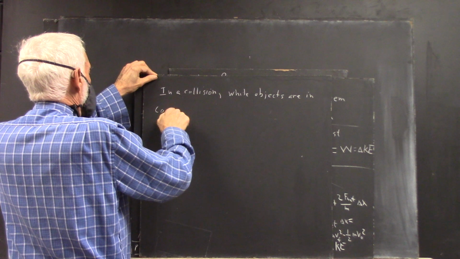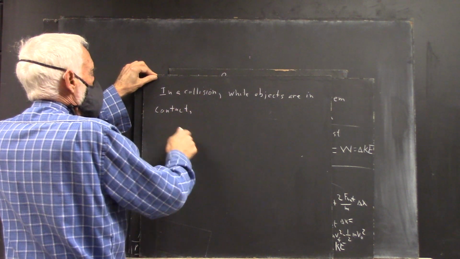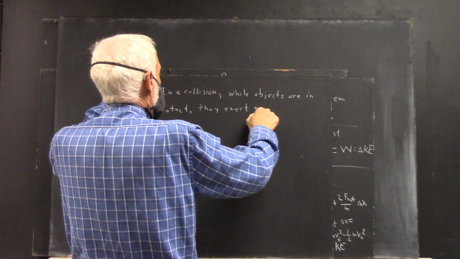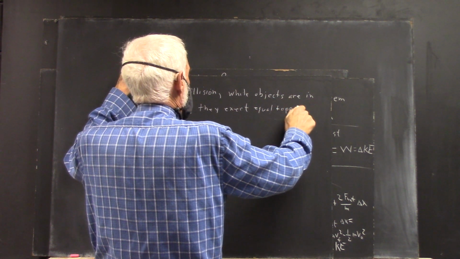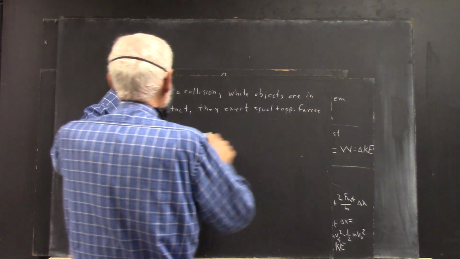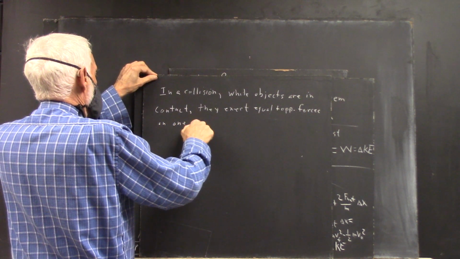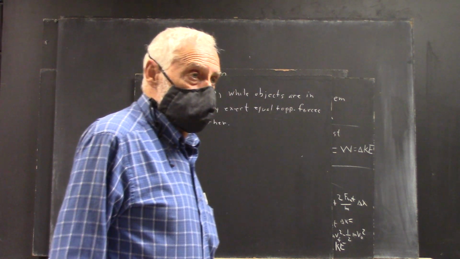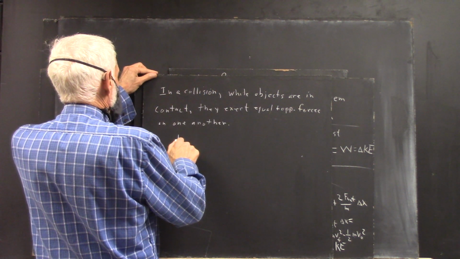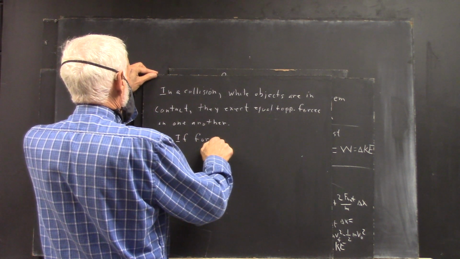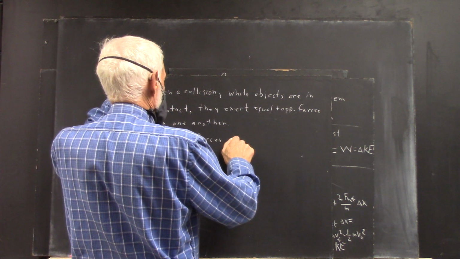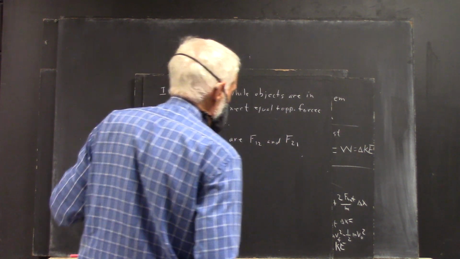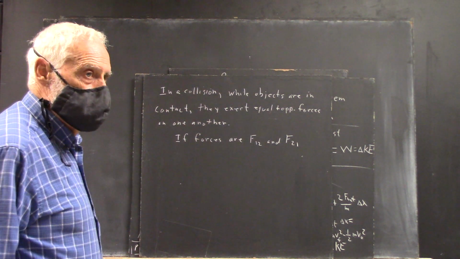well, the objects are in contact, and they cannot exert equal and opposite forces on one another. If the forces are F12 and F21,